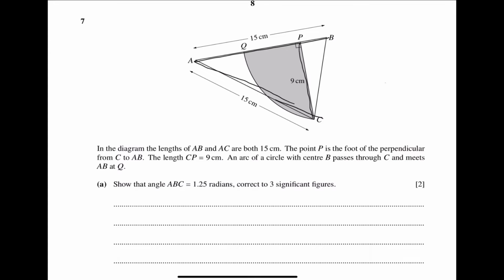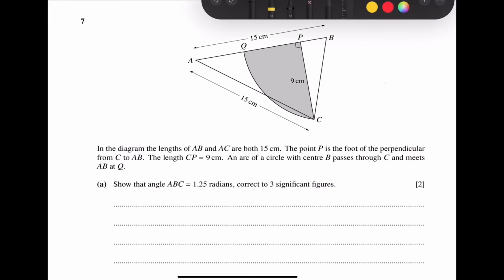P is the foot of the perpendicular from C to AB. The length of CP is 9. Arc of a circle with center B. This arc with center B, I mean, it is a sector meeting at Q. Okay, we need to prove that angle ABC equals